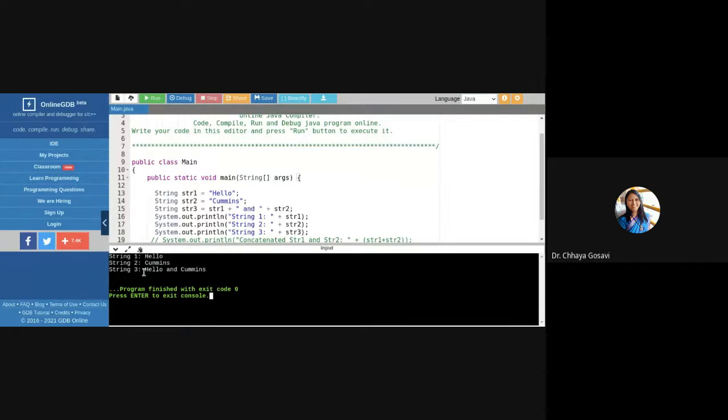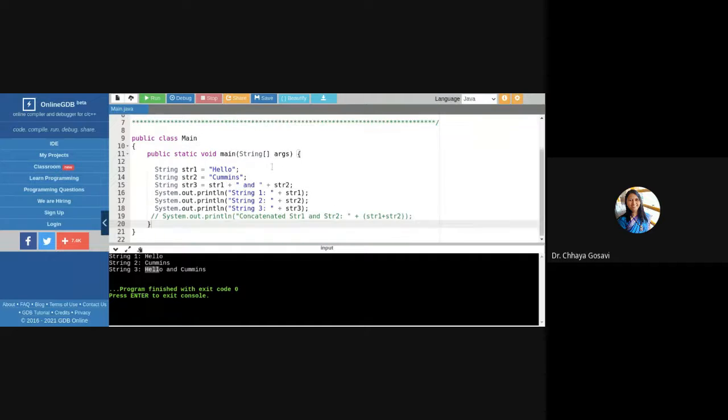So str3 is hello and comments. And will get concatenated in between str1 and str2. These three strings will get concatenated, and you'll get one complete string, which is called str3. So the plus operator is used for concatenation.